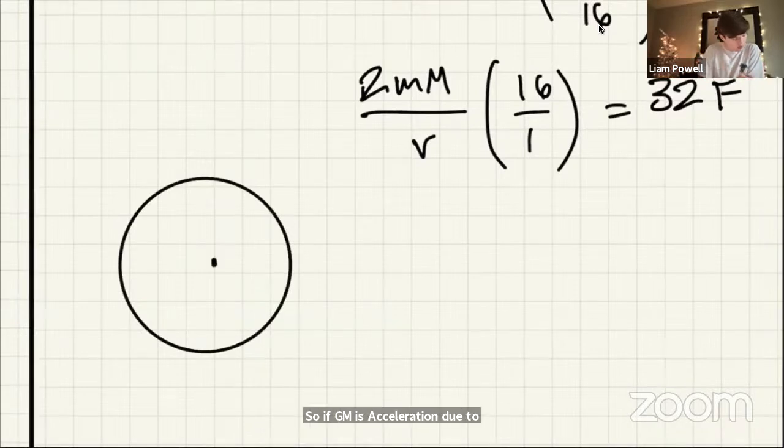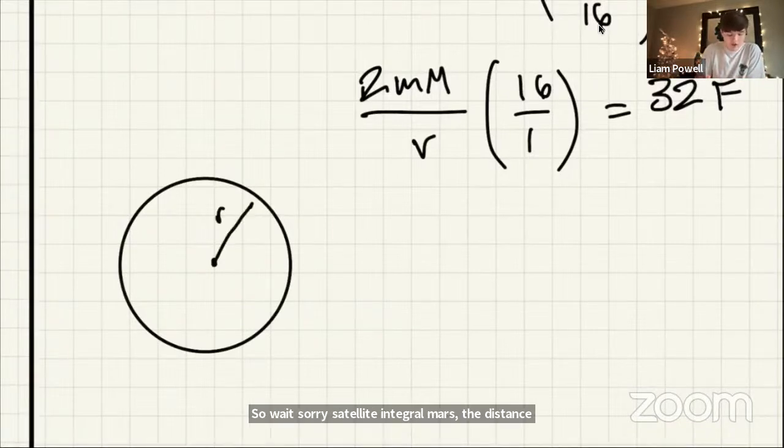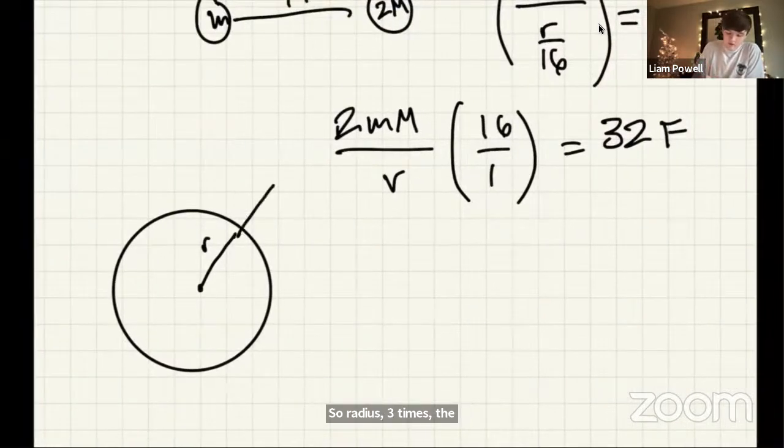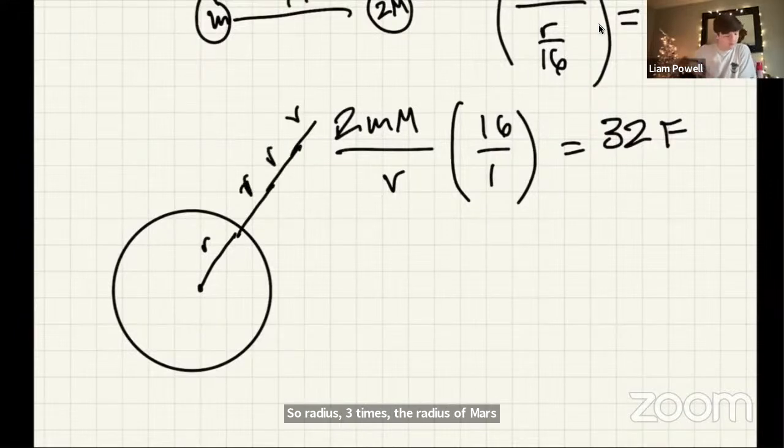Sorry, a satellite encircles Mars at a distance above its surface equal to 3 times the radius of Mars. So r. If gm is the acceleration due to gravity at the surface of Mars, or the acceleration due to gravity at the location of the satellite. So that will be, since the gm on the surface is right here,